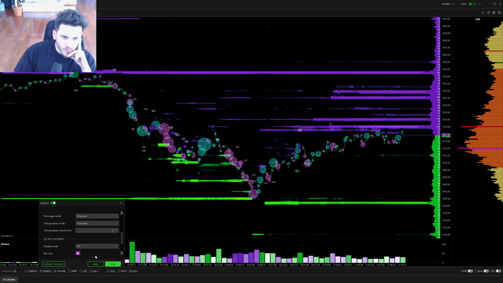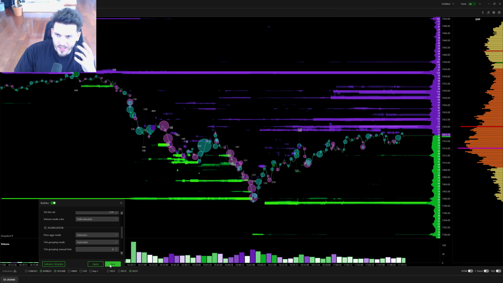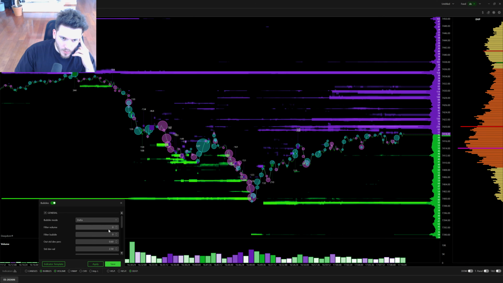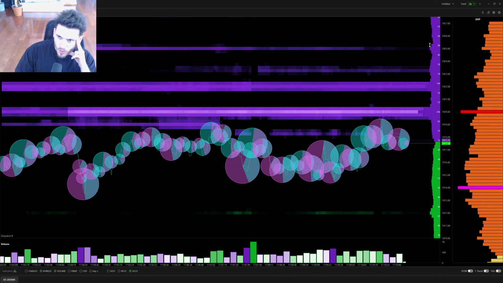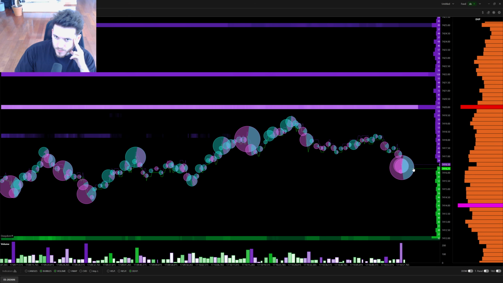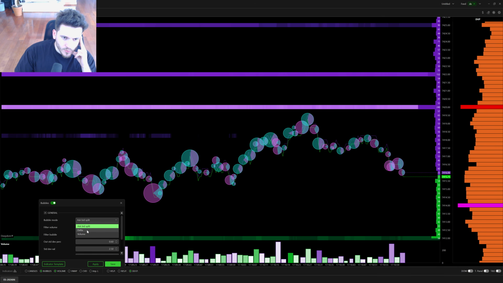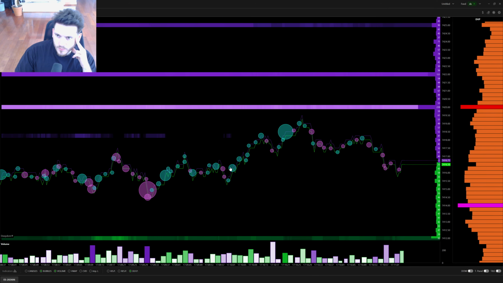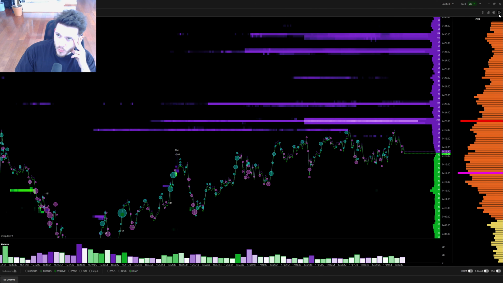And we can kind of play around with the aggregation. There's two modes for the aggregation: extensions or extension and retracement. So it's basically playing around with how you calculate the bubbles. You can have delta bubbles or ask-bid split bubbles, or a little bit of both. But I typically like to keep delta for reference. And I can also play around with